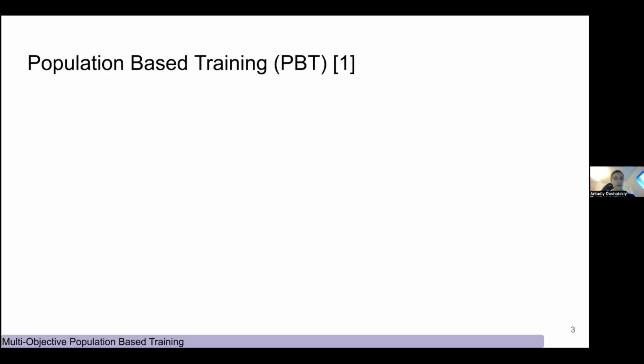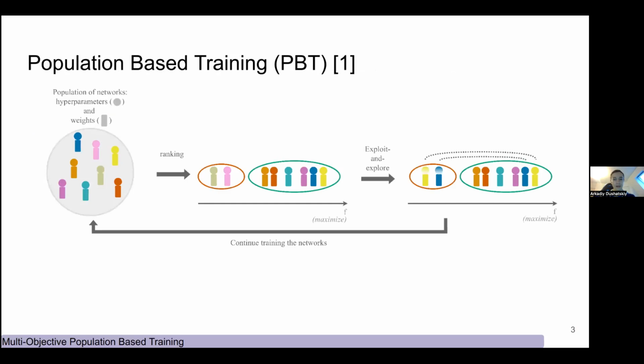And one of such algorithms is called population-based training, PBT. It works like this. So we have a population of networks together with hyperparameters and weights. We train the networks with some usual training algorithm like SGD for some epochs. Then we apply a ranking function. So we select the best networks and the worst ones. And then we